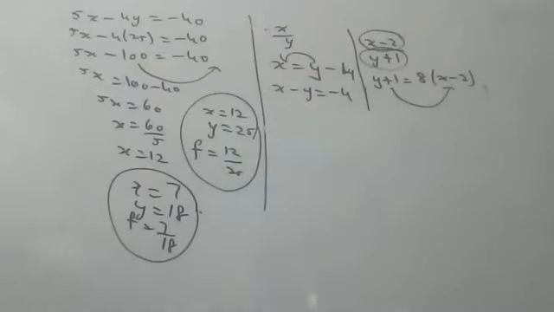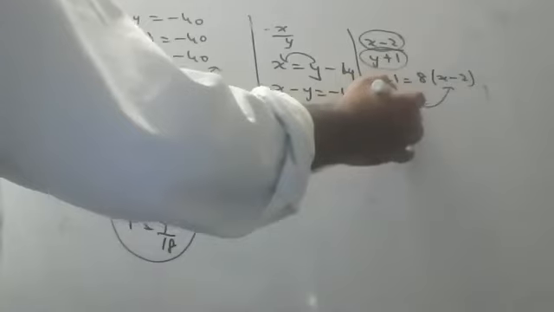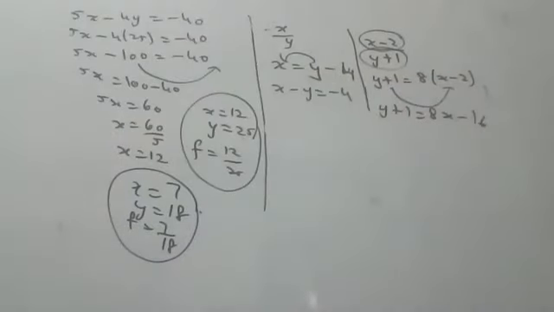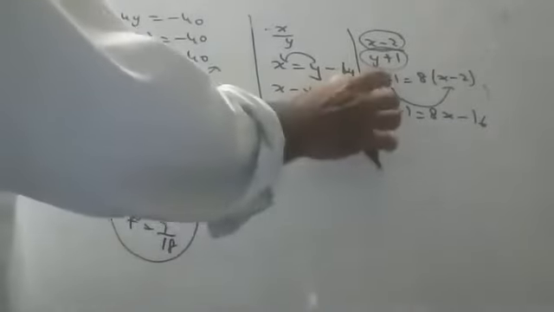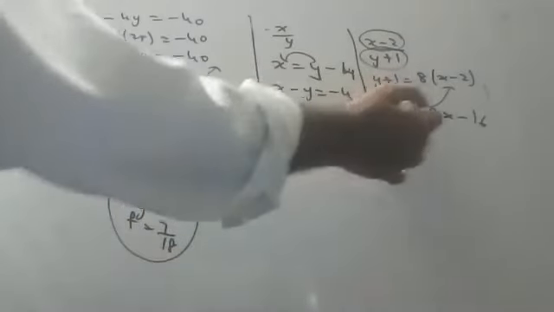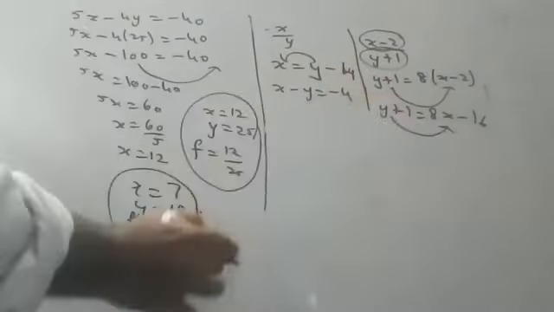Simplify that equation. y plus 1 is equal to 8 times the numerator. I think it's not x minus 2, it is x, sir, because the numerator is x now. The numerator is decreased by 2 and the denominator is increased by 1. That is correct. Sir, can you simplify this equation, Anna? Yes, sir.